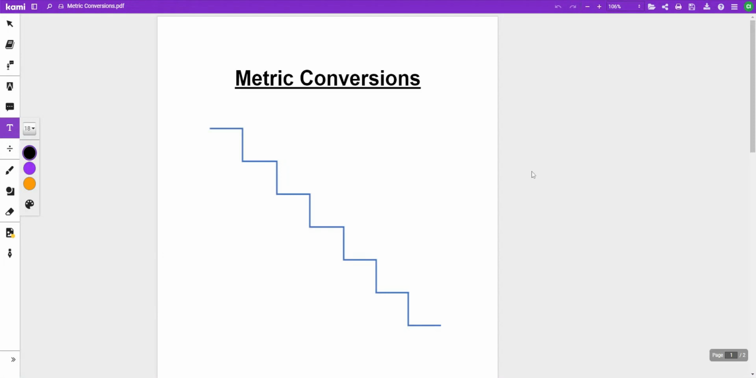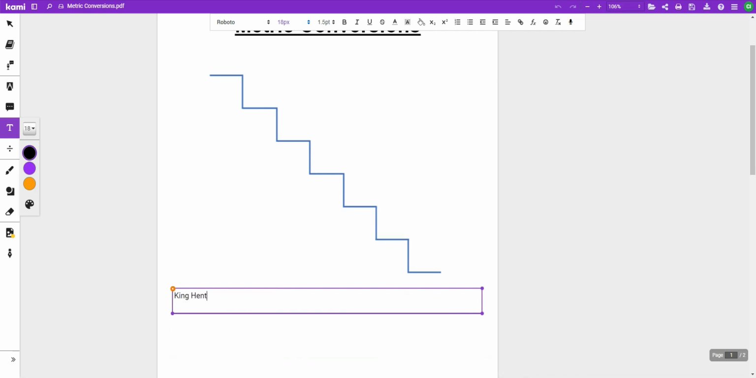So today we're going to be looking at metric conversions using something called the metric staircase. Now, when we are measuring and looking at these conversions, we are always going to use metric or SI units. A fun way to remember the metric staircase, which is what we're going to use here, is King Henry